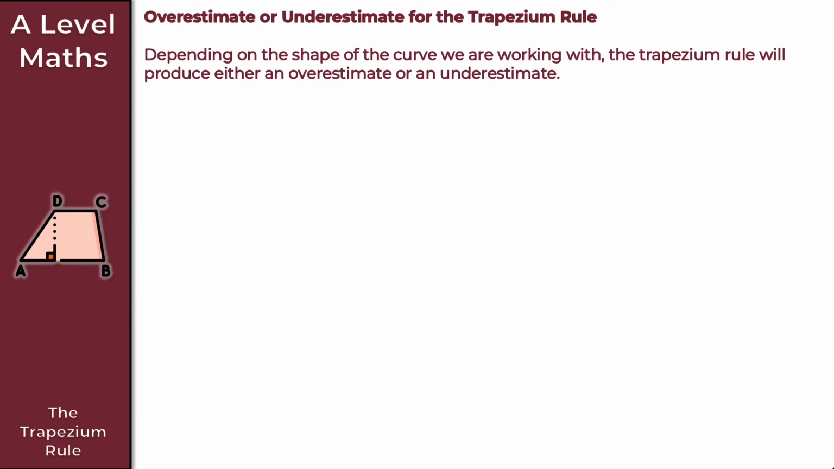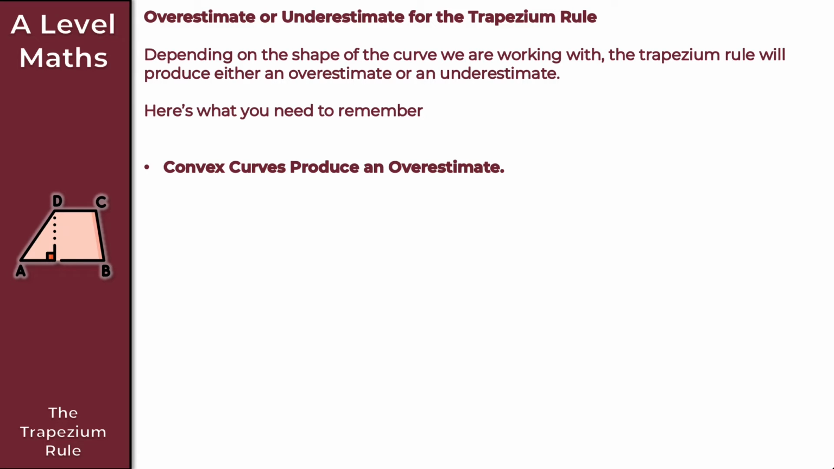So an important consideration here when working with the trapezium rule is whether our approximation has produced an overestimate or an underestimate. And here's what you need to remember. Convex curves produce an overestimate. This diagram demonstrates a convex curve. We're using the trapezium rule, and as we can see, or hopefully it's quite obvious, this has produced an overestimate